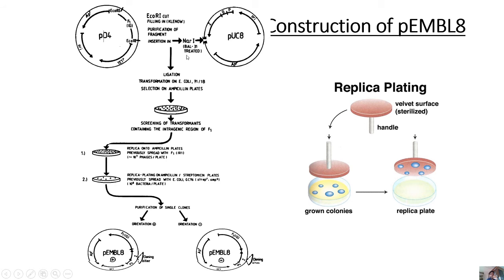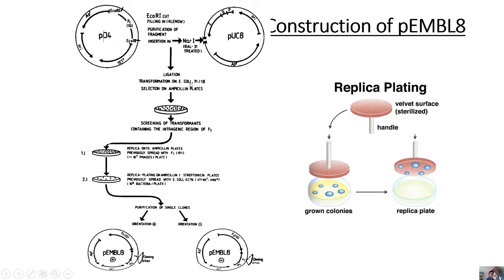After that, you have to ligate these DNA fragments. I have already told you that this F1 genome fragment can be inserted in two orientations. So there develop two vectors. They may be designated as pMBL8 plus and pMBL8 minus. So for the construction of that, there are several steps. We are going through this. So introduced into here, then ligated those DNA fragments.